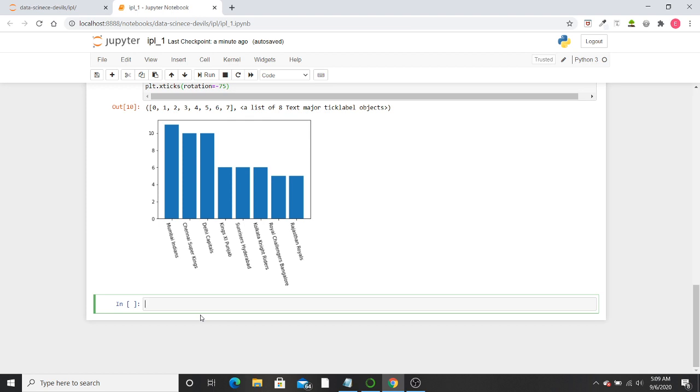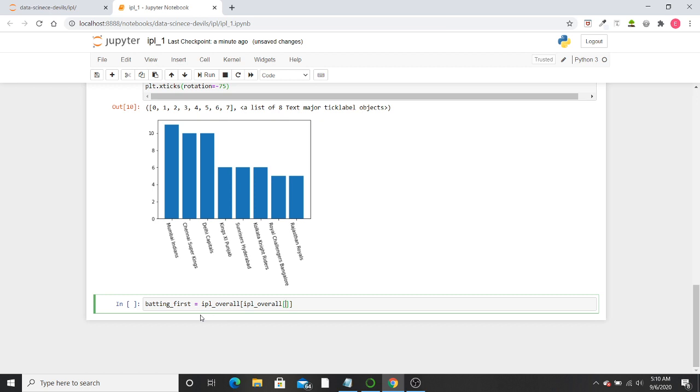So what is the logic here? The logic is that a team which is batting first will always win by some positive number of runs. So we'll pass that inside our condition. First of all, create an object, batting underscore first, equal to IPL underscore overall. What was our condition?